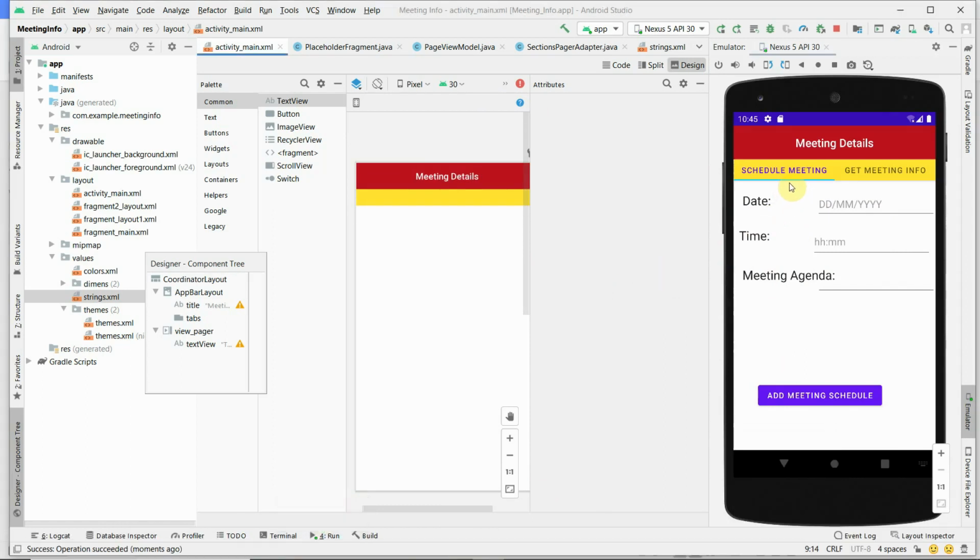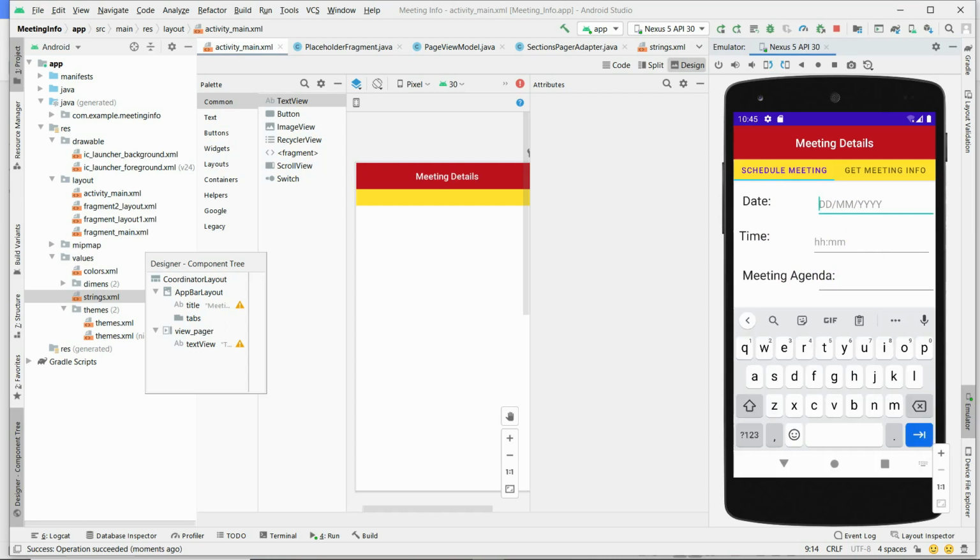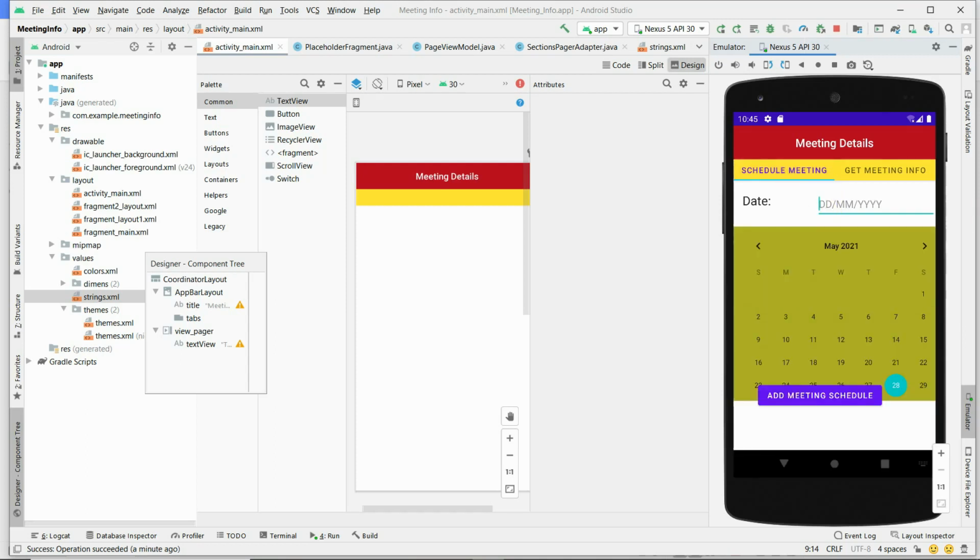It is the meeting detail app. When you click on schedule meeting, it displays the schedule meeting information. When you click on this date, it has to display the calendar, or you can enter the date for scheduling the meeting.